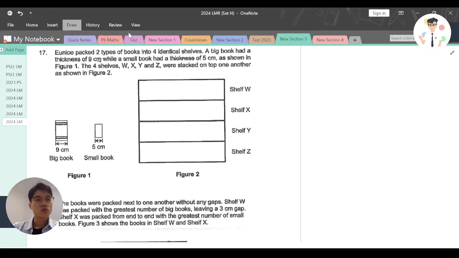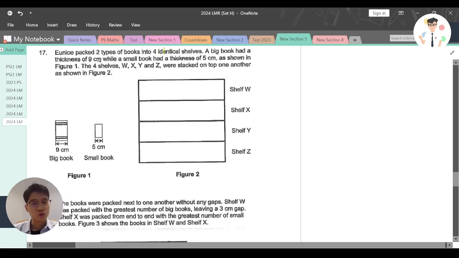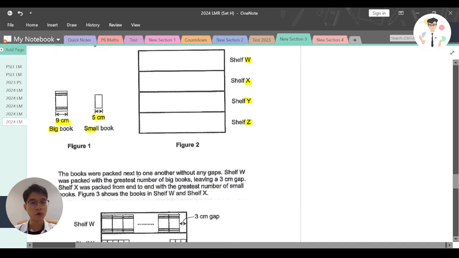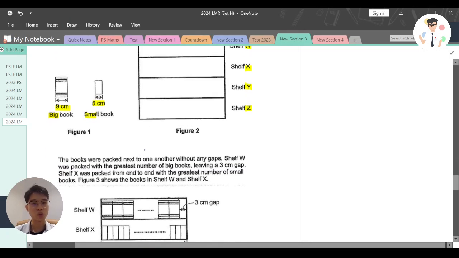Now, Eunice packed two types of books into four identical shelves. So you can see I have two types of books, big and small book, and shelves W, X, Y, Z. A big book had a thickness of 9 cm. So as you can see, 9 cm for big book. And a small book had a thickness of 5 cm. Now, the four shelves were stacked on top of one another as shown in figure 2. So as you can see, W, X, Y, Z. Now, the question says the books were packed next to one another